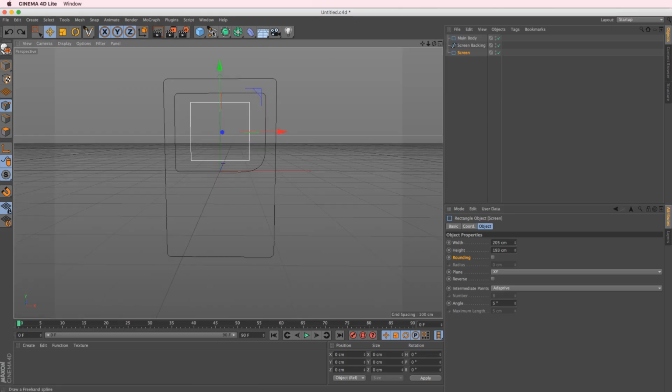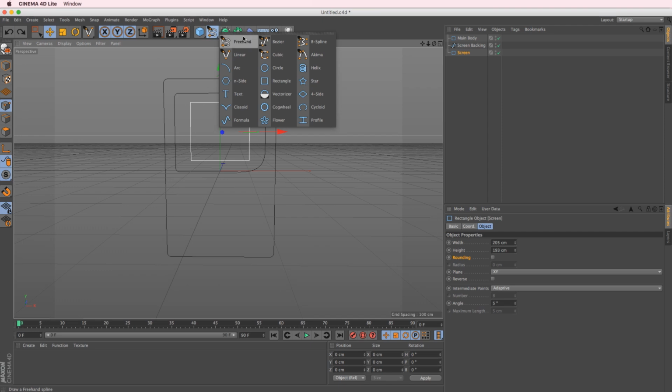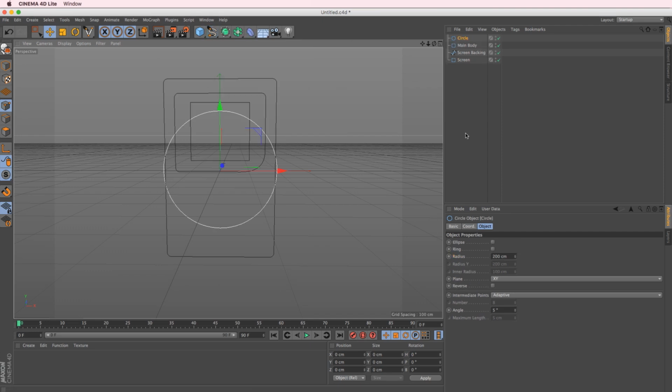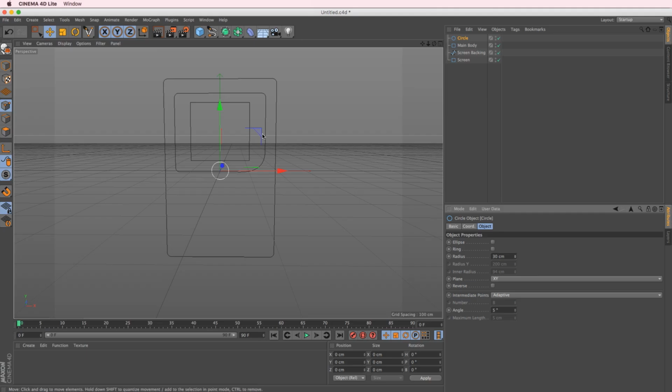So we'll go back into our spline menu here and we'll just use some circle splines. And again, we have all these options in the object properties field. We can use an ellipse by kind of shrinking it in the X or the Y. I can also create a ring, and that'll give us an inner radius here, which is pretty useful. But we're just going to use the radius here and just bring this down to say 30 and then just